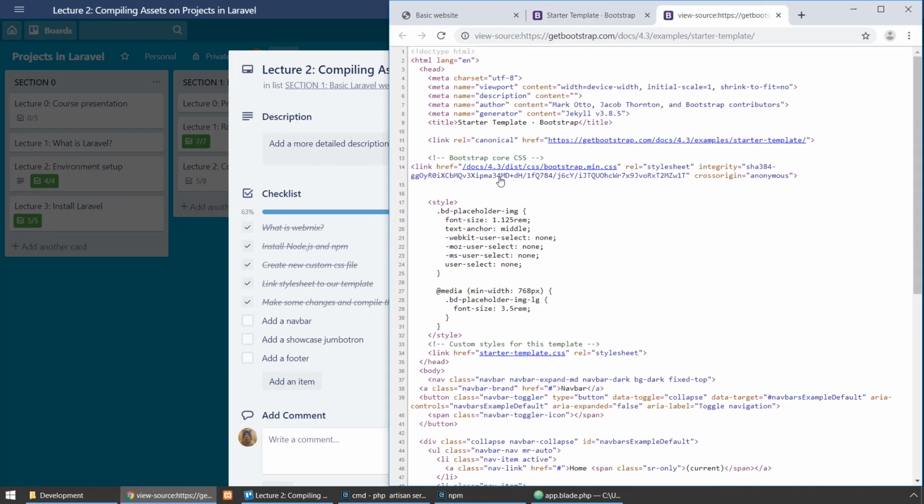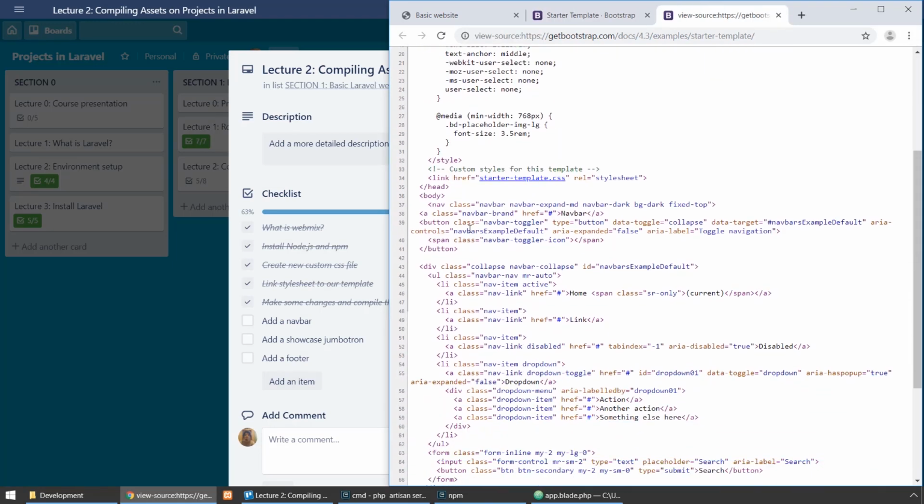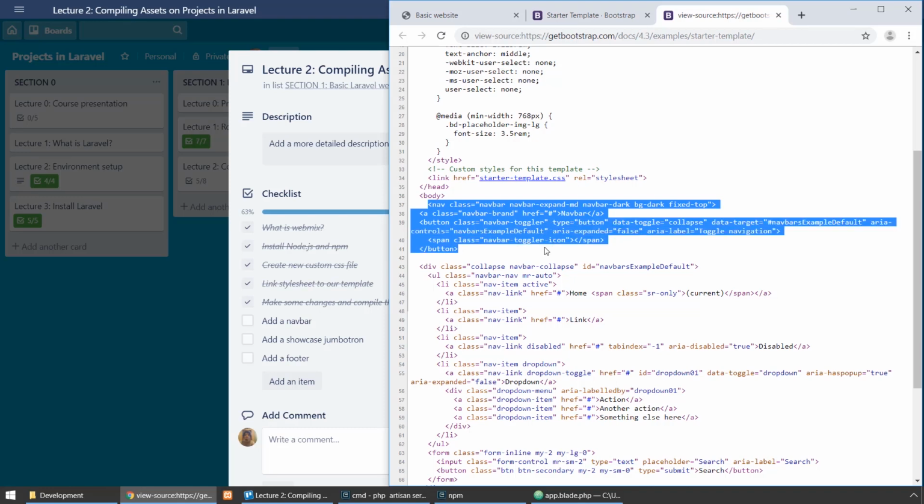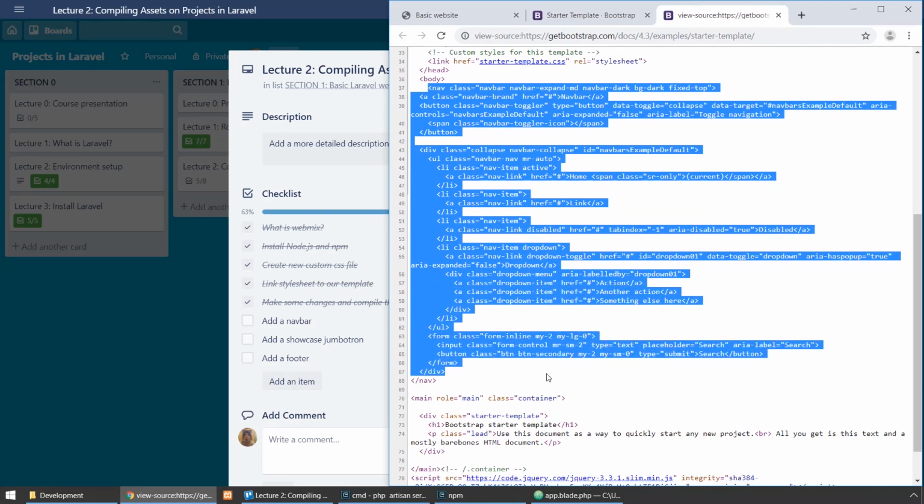And if we press Ctrl U, we're going to see the source code, and I'm going to grab the entire nav class, which ends here. So let's copy this